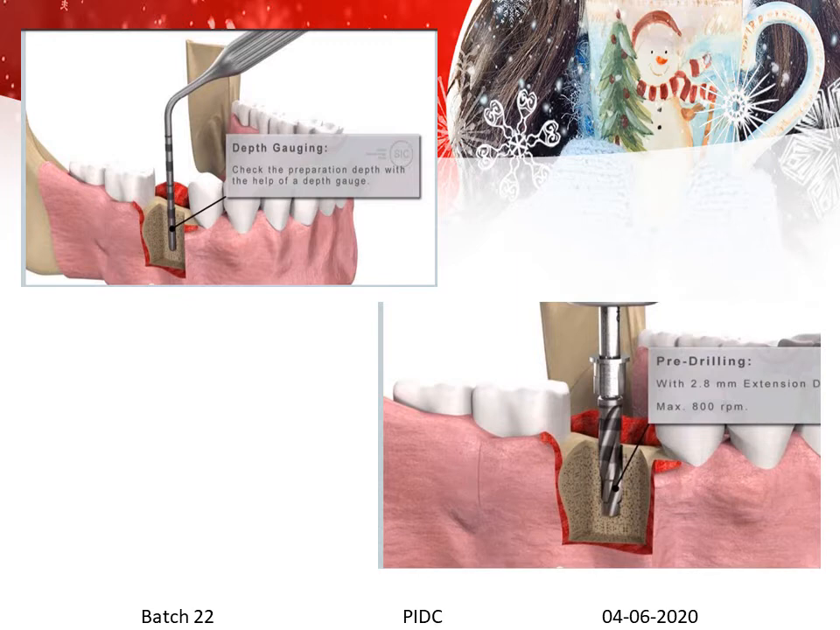Once you have gone to the desired depth, you are going to check it with the help of a depth gauge, where the preparation depth is checked. You can see whether it is parallel to the adjacent teeth, whether it has not shifted to either side, or if the proper depth has been achieved. Followed by which you are doing a little pre-drilling with again a 2.8 mm extension drill,